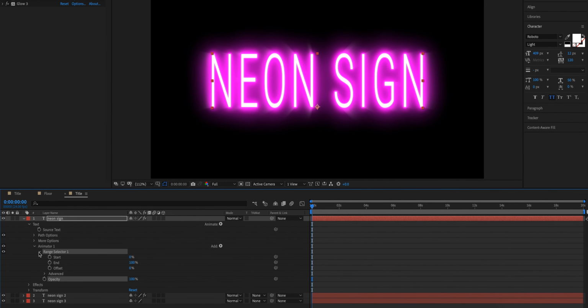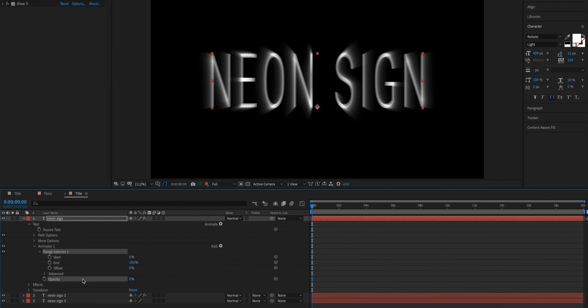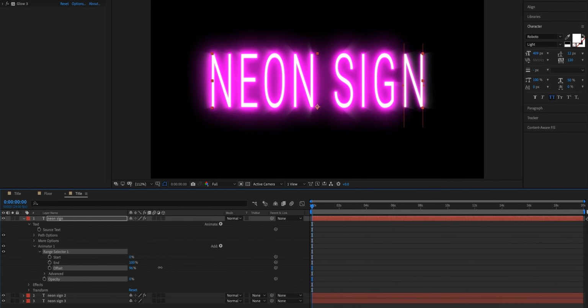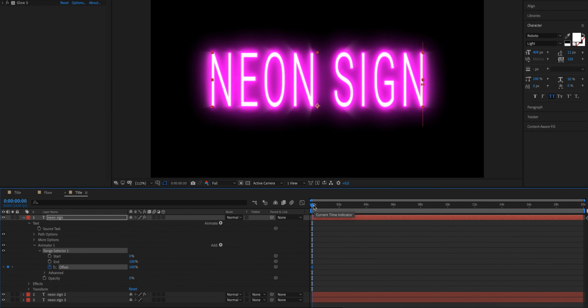So what we're going to do is we're going to go to Range Selector. We're going to turn the opacity down to 0, and then we're going to go to the offset, and we're going to pull that up to 100%, like so. From that point on, we can click the offset stopwatch, like so, and then we'll just move it along a little bit,